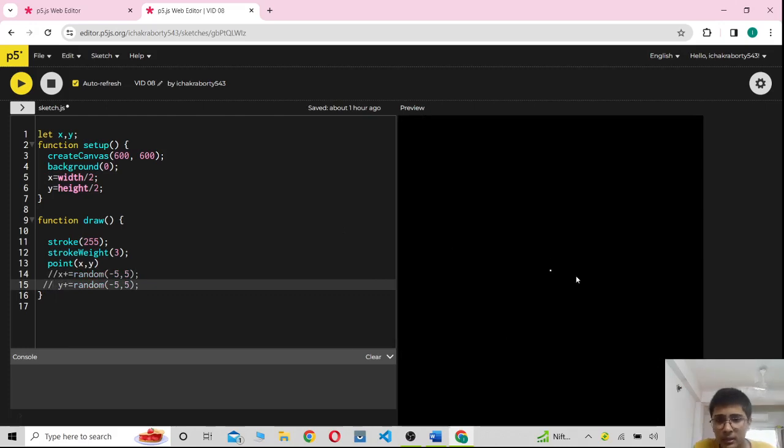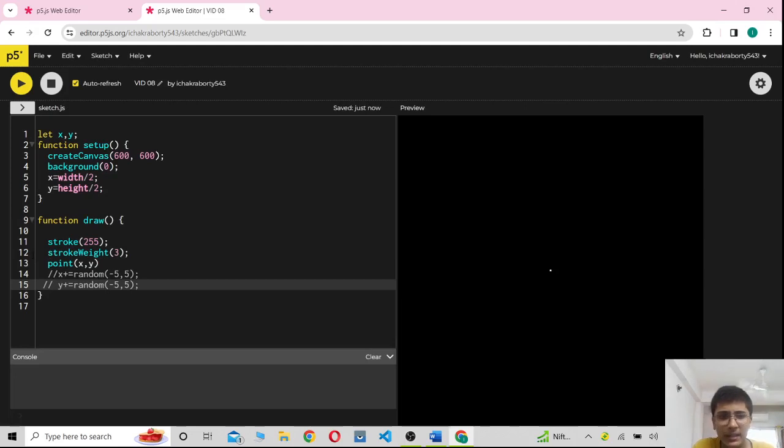I had created this point in the center of the screen, and then I wrote stroke 255, strokeWeight 3, and inserted a point at x and y. Then, using the random function, I'm changing x and y by a random value between -5 and 5. So each frame I'm getting a new x and y increment,